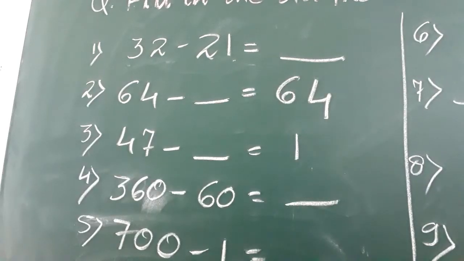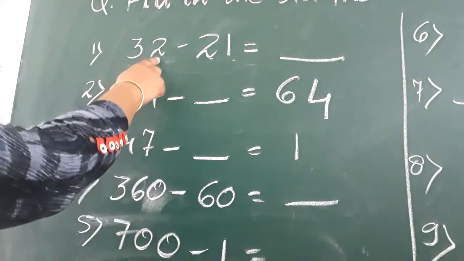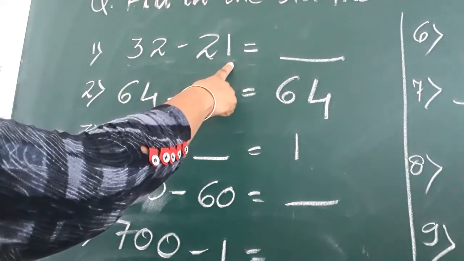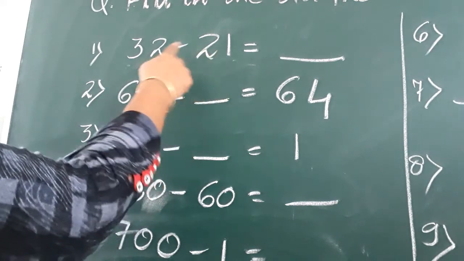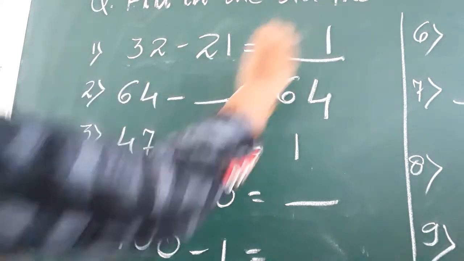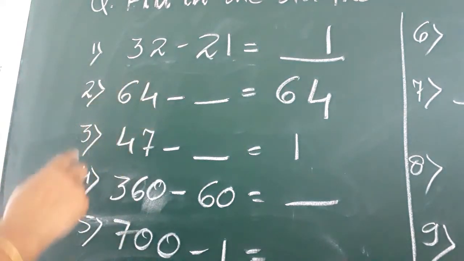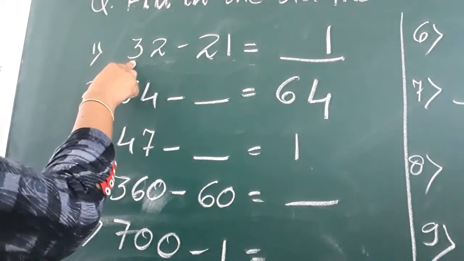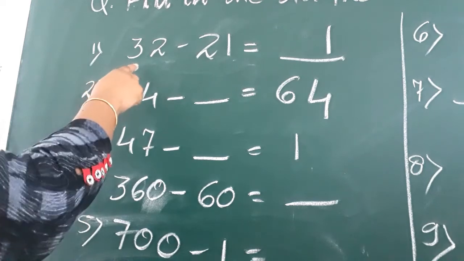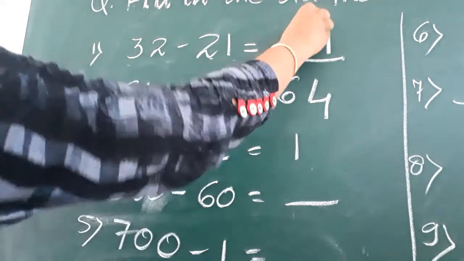Now answer these questions. First question, you can see that 32 minus 21 is given. Here in the ones place, when we compare, you can see that this is 2 and this is 1. This is a larger number and this is a smaller number. So obviously you can subtract the smaller from the larger, right? So here 2 minus 1, you will have the answer as 1. Now coming to the tens digit, here also you have 3, a larger number than 2. So straight away you can subtract the numbers, that is 3 minus 2 is 1.